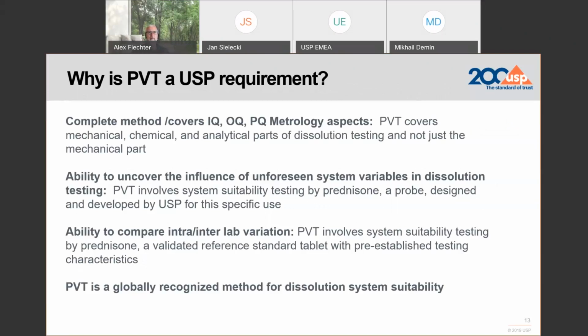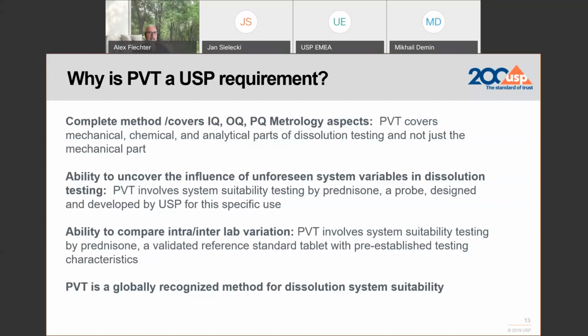It's also an ability to uncover influences of unforeseen system variabilities in dissolution testing. The PVT does all that for you. Ability to compare intra- and interlab variations. You can use PVT to do that. Method transfer, for example, if I want to mention just one way of doing it.